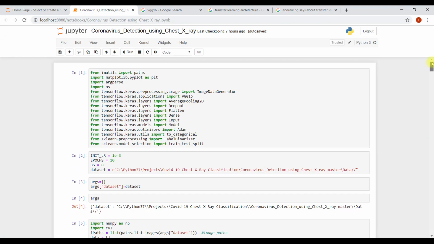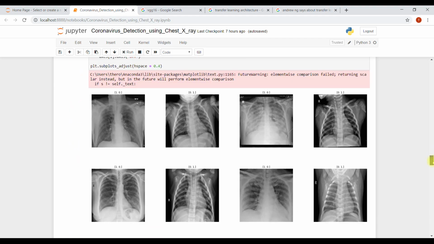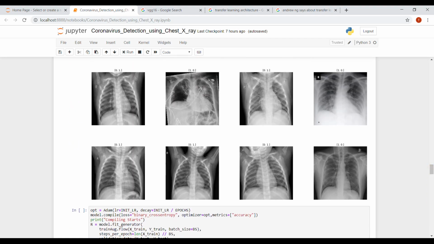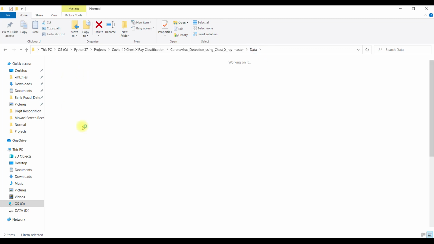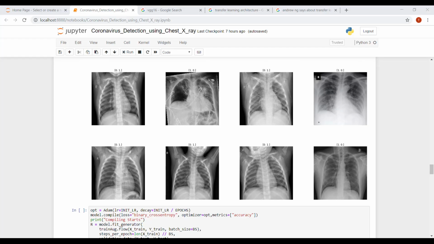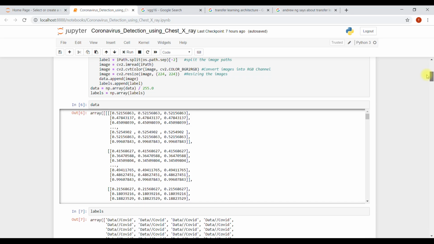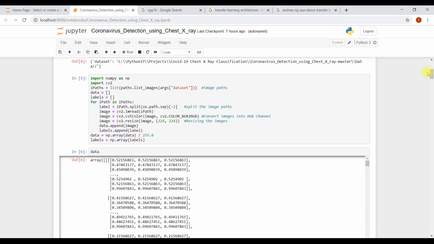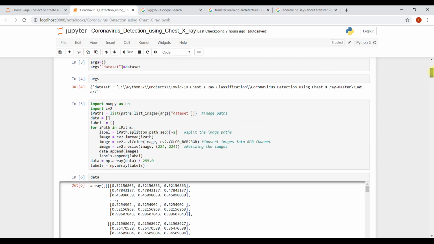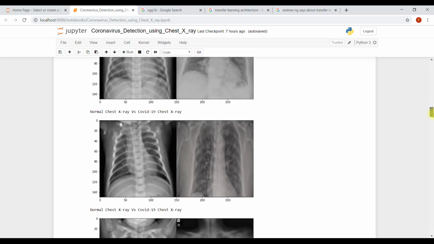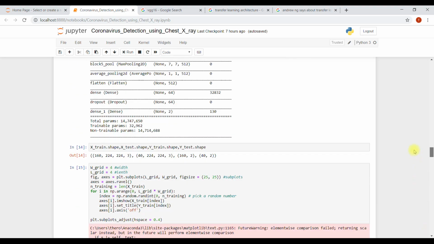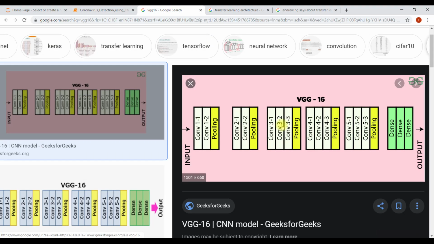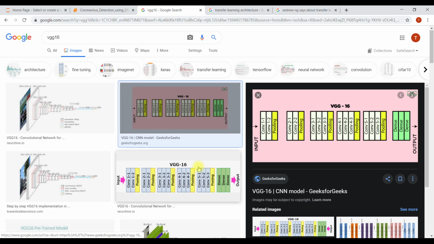So I gave you a brief idea about what we're going to do. In the data sets we have 100 images of COVID and 100 images of normal persons, just X-rays. And we're going to do data augmentation. You know why we do data augmentation? To generate more data by doing some random stuff. I'm going to explain it. Then of course we're going to train and predict. And I told you what VGG 16 is. You can use a ResNet model also, or VGG 19.